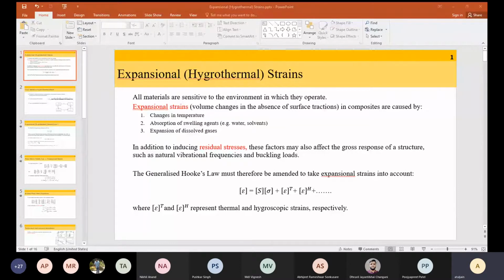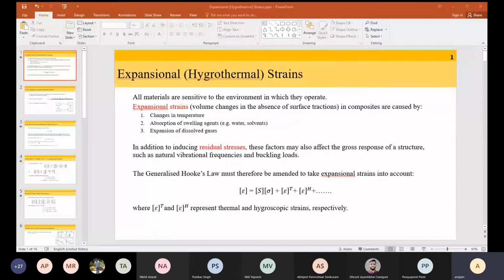To understand what is residual stress, imagine that you have a fiber and the matrix. The fiber's coefficient of expansion is different than the coefficient of expansion of the matrix, but they are glued together. Let us say the coefficient of expansion for the matrix is higher than the fiber. So what is going to happen? The fiber is going to want to expand less due to the temperature, and the matrix is wanting to expand more, but both of them are glued. So the matrix will suffer from some compression and the fiber will suffer from some tension due to the traction continuity. That is an example of how residual stresses will work in the context of composite materials.